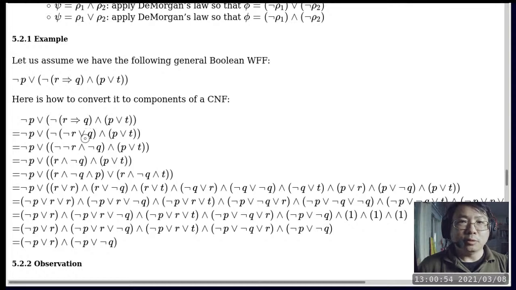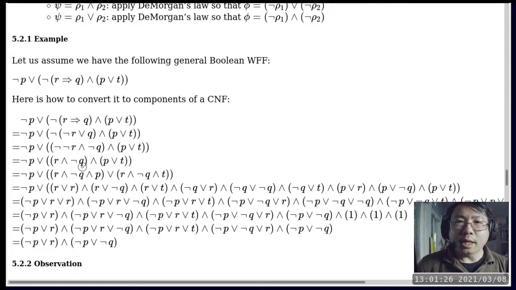From the second row to the third row, I applied De Morgan's law, which turns a negation of an OR into just a regular AND by negating each side of the original disjunction. And then from here to here, I applied simplification. The negation of the negation of the negation of R is just R. And then from here to here, I applied